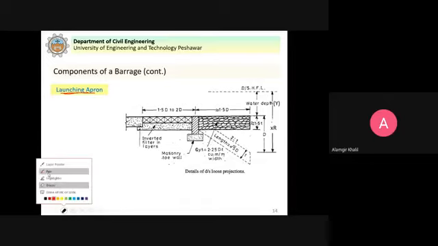These flexible aprons are provided in hydraulic structures, but when we have beaches, you might have seen loose blocks or stones placed on them. If you have visited beaches, you will see loose big size stones placed there, or concrete blocks. What is the purpose there? The same purpose as shown here.